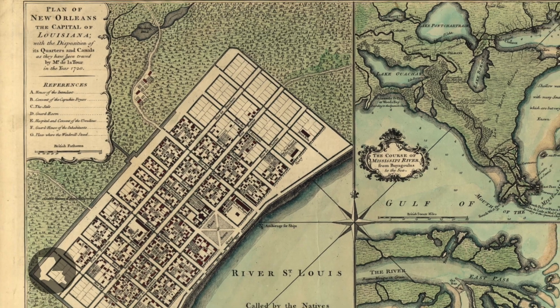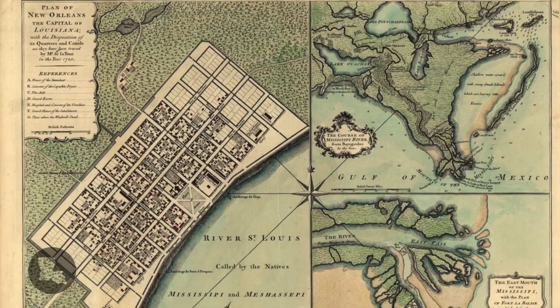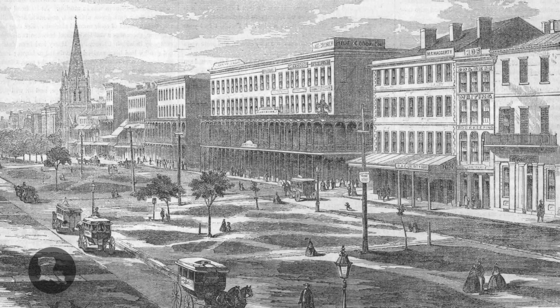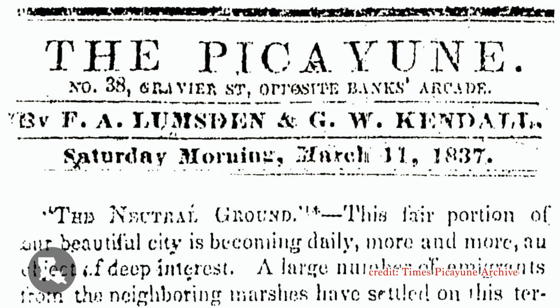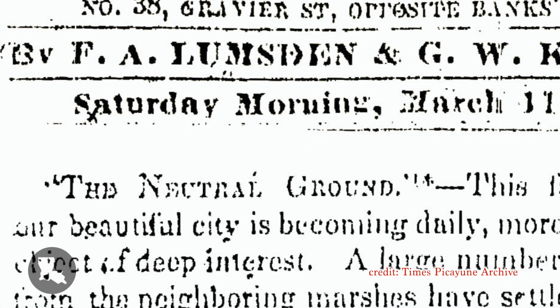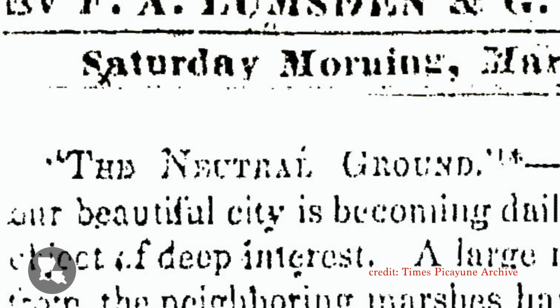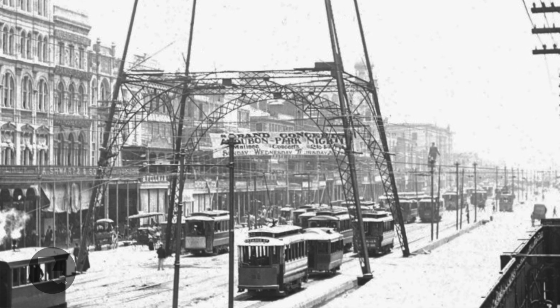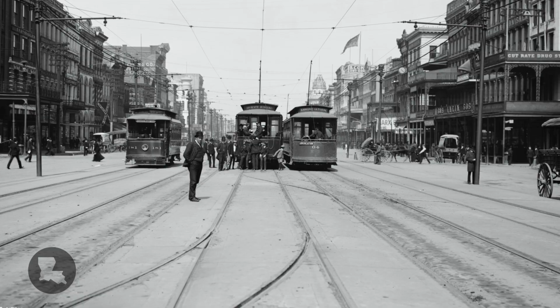New Orleans being the capital of Louisiana at that time, this term neutral ground circulated in the local parlance. What evidence do we have of this? Well, I'm standing in front of the old Picayune office, and it's in 1830s copies of the early Picayune that we start to see this term neutral ground being applied to first the Canal Street median and afterwards spreading to Esplanade, Claiborne, and other wide avenues with grassy medians.